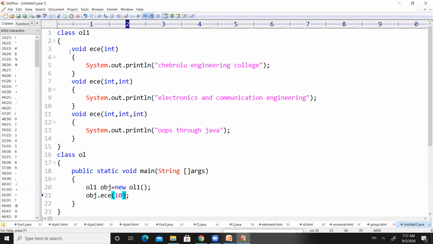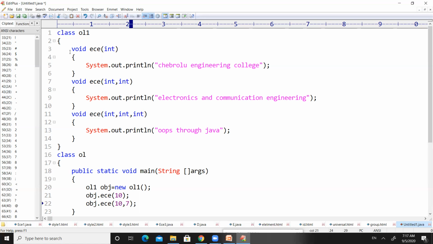Similarly, if I want to print Electronics and Communication Engineering, I need to execute obj.ece, where I have to pass two parameters. For example, I am going to pass two integer values, 10 and 20, or you can pass any integer values. It's not a problem. We have to pass two integers.